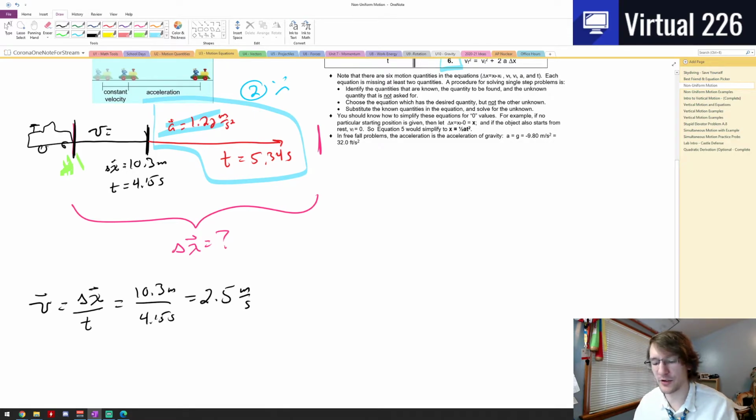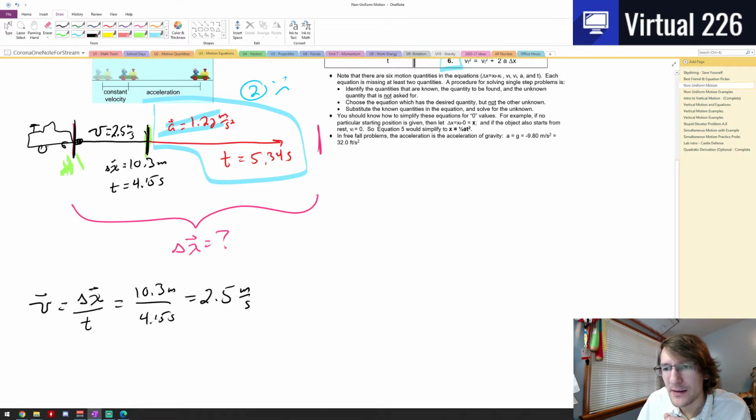I'm not super concerned about sig figs or whatnot. Let's talk about the physics here, okay? So we've got 2.5 meters per second. Well, this 2.5 meters per second, that's how fast it's going at the start, and that's how fast it's going